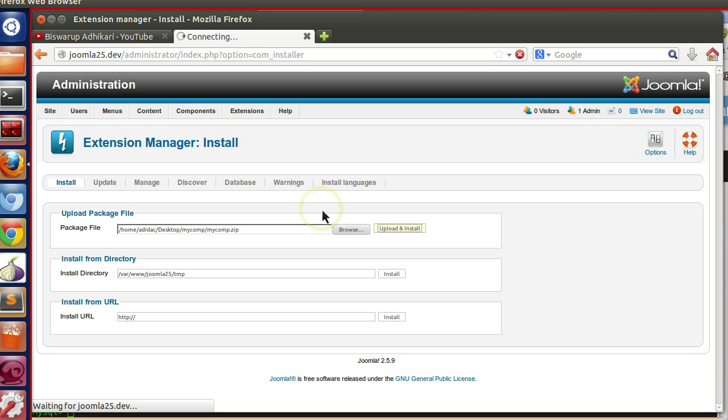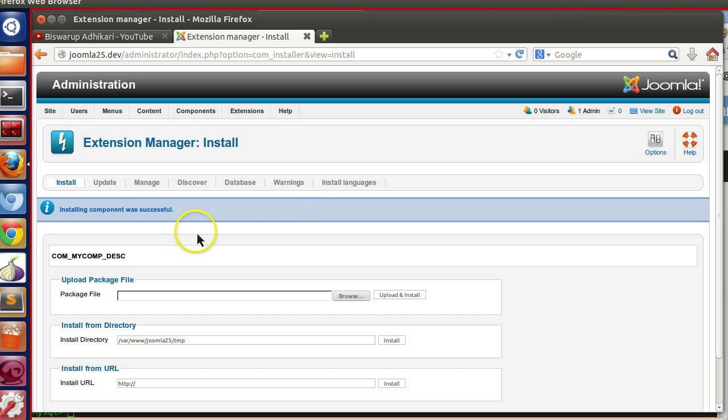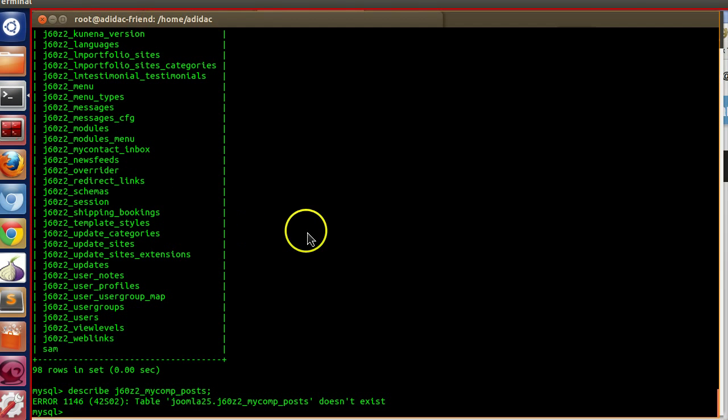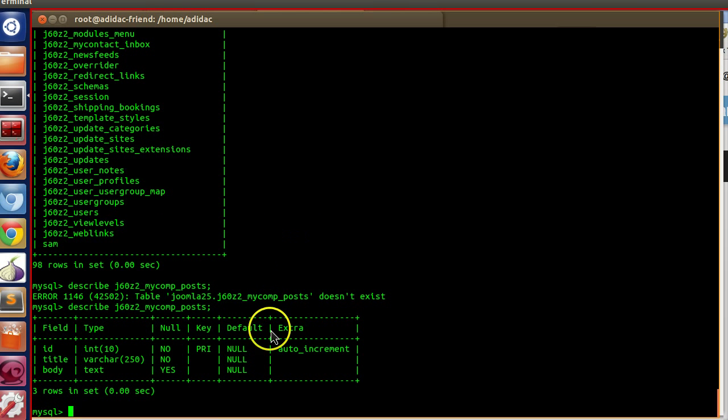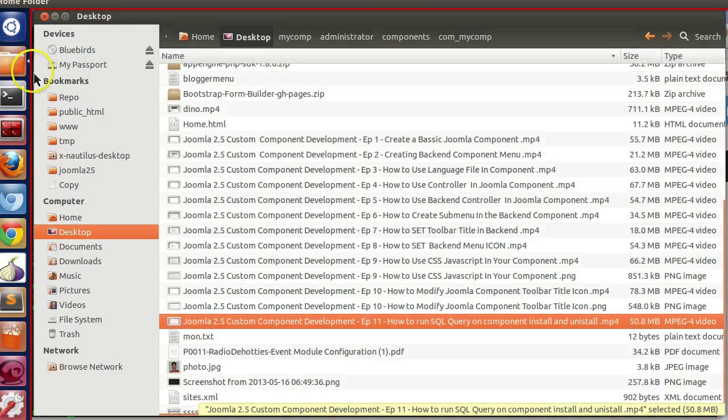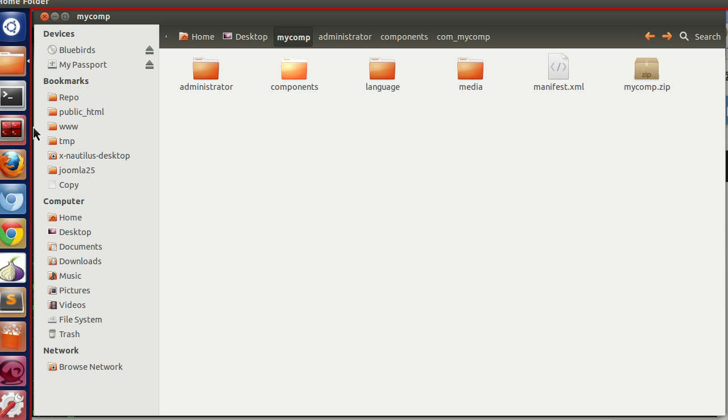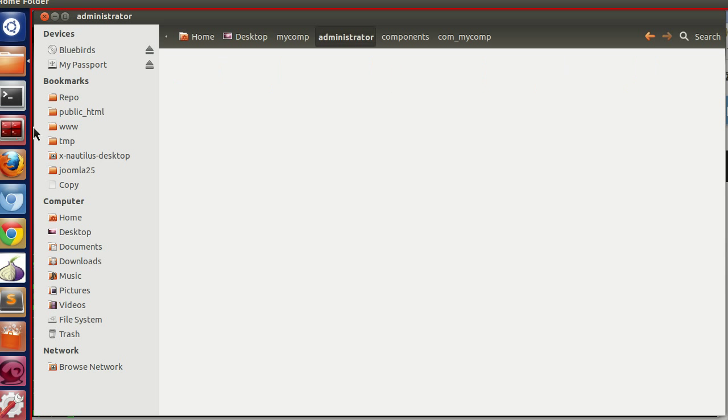So install, and so our install.sql query executed. So let's check whether the table is created or not. Yeah, table is created. Okay, so go to your my component. So here from the back end,